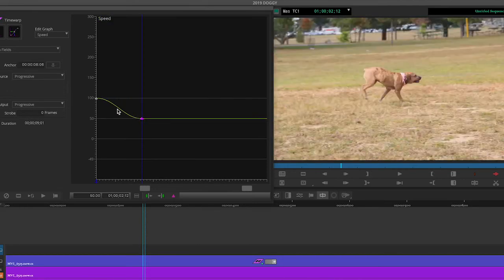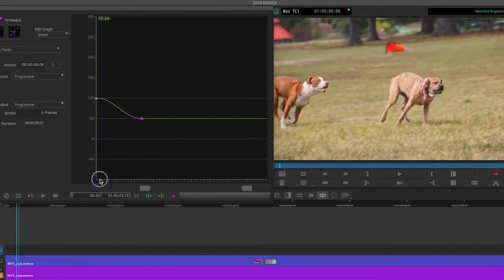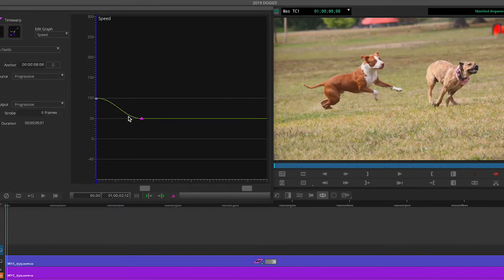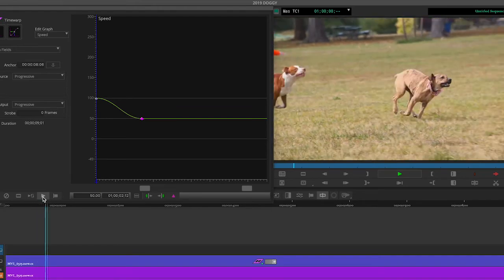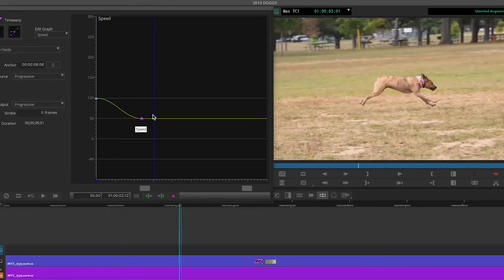But if you look here, this kind of like slope thing, what that really means is that it's going to kind of slowly get to the 50. So let's play that. Let's take a look at the picture. And it slows to 50 once we get there. I'd rather, and that's something you can do if you want, but I'd rather have it right away, just jump